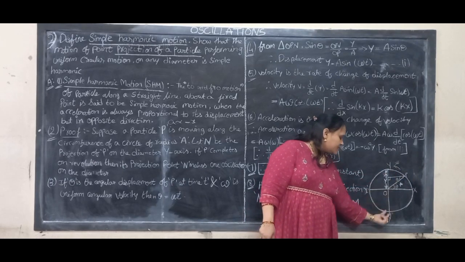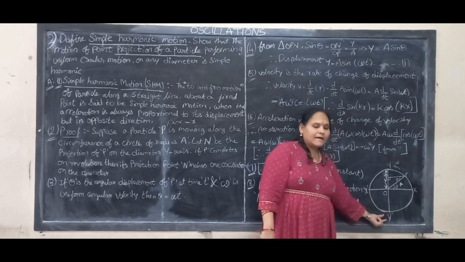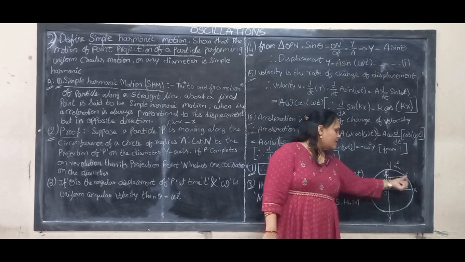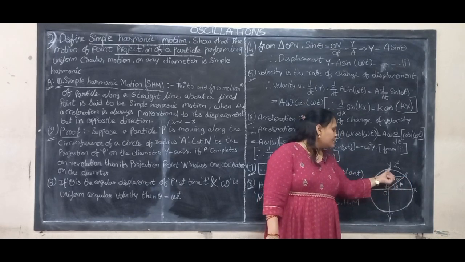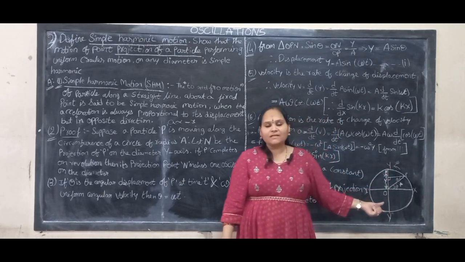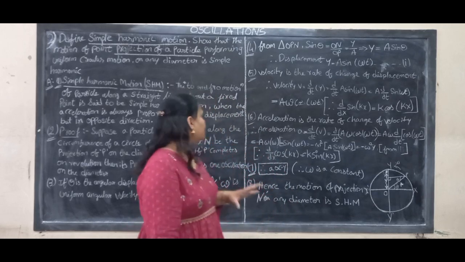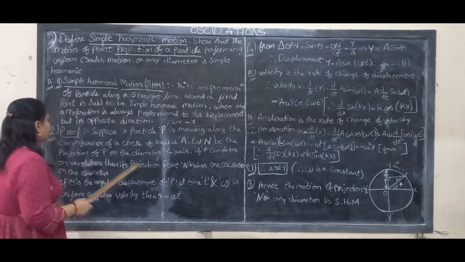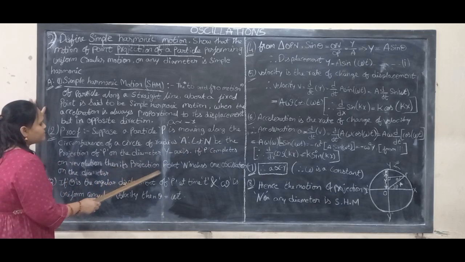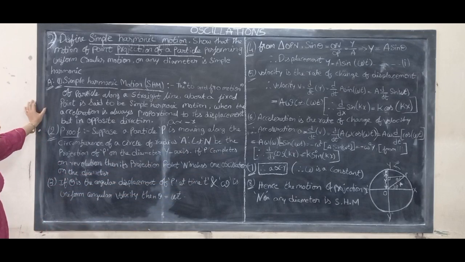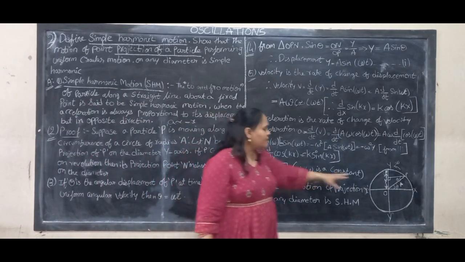This is the diameter of the circle or not? Diameter of the circle. So this is the diameter of the circle. This N is called the projection of P. So in this we can find out that this N, the projection N, also executes simple harmonic motion. That is our confirmation. If P completes one revolution, then its projection point N makes one oscillation of the diameter. The very important point.